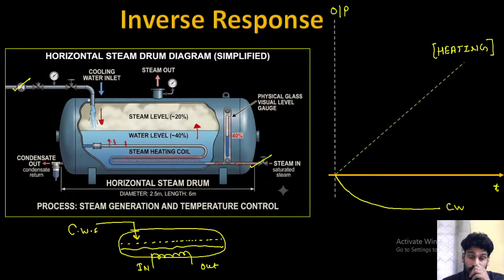Cooling water inlet: what is its function? It will decrease the level of the steam continuously, and after some time it approaches a constant value, means with respect to time the rate of decrease in the steam level will be less. What is the function of this steam coil? Steam coil is rejecting heat to the water, so that steam is continuously generated. It is continuously giving heat to the system, doing the work of heating. It is clear?